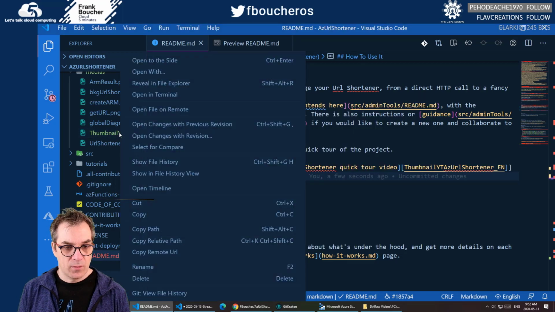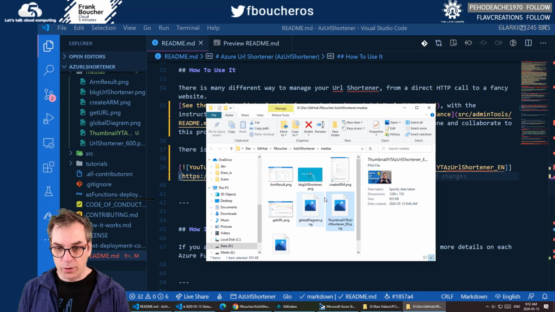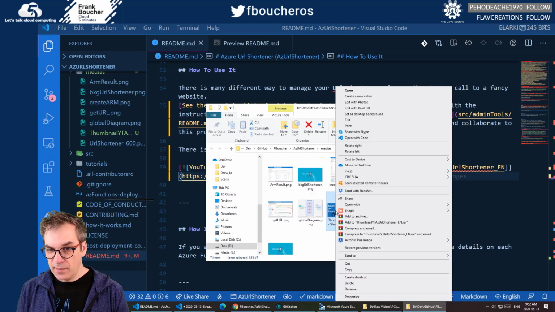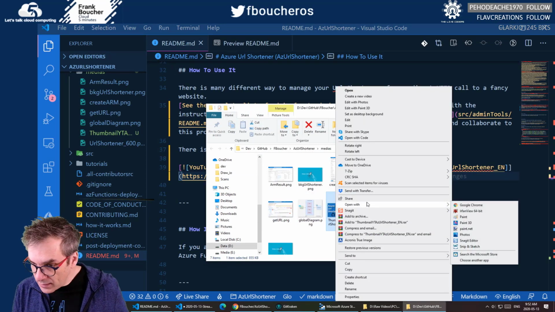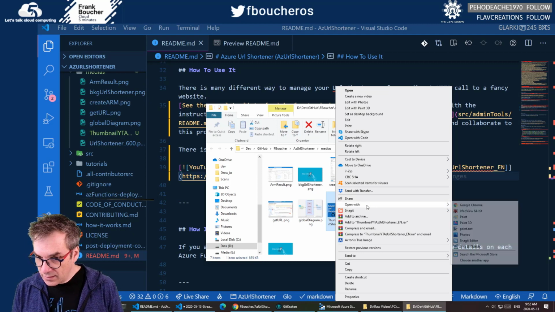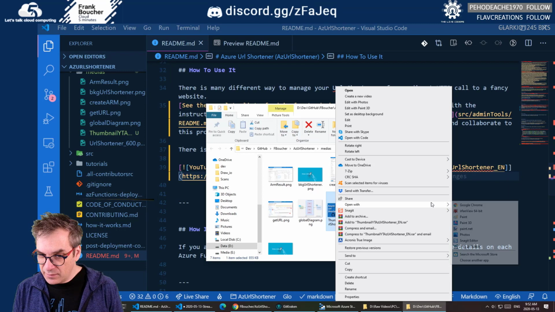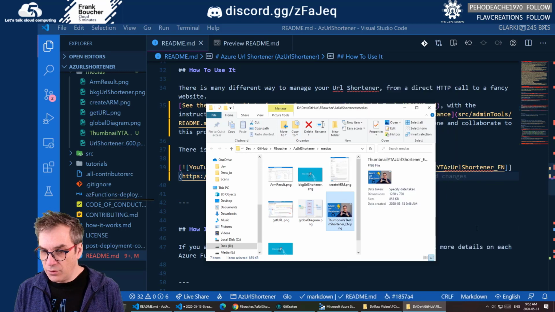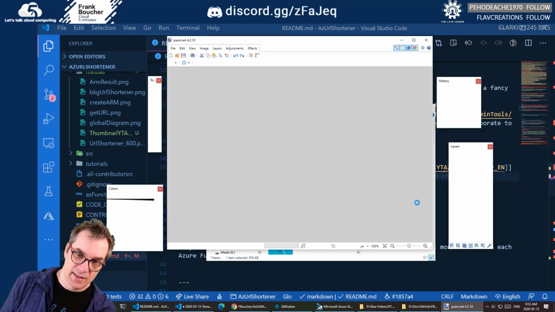So let's go on Reveal in Explorer. Can I right away open with Paint.net? I'm gonna do Paint.net, just a resize, it's nothing fancy.